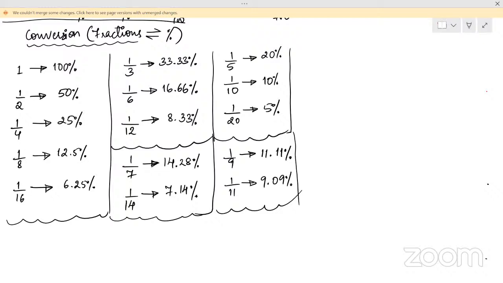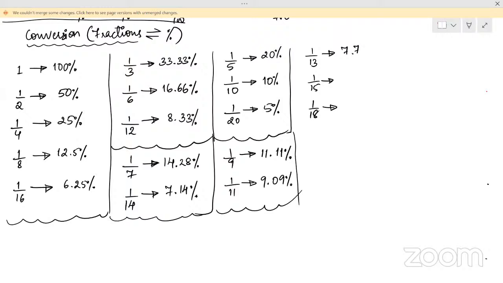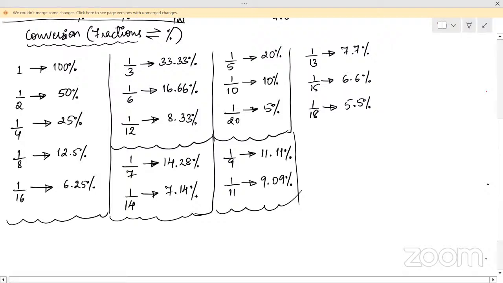Now we are left with a couple of numbers: 1 by 13, 1 by 15, 1 by 18. All right. 1 by 13 is 7.7 percent. 1 by 15 is 6.6. Now with this logic, the way it is going, tell me what should be 1 by 18? 5.5. That is correct. Now, if you are thinking, sir, 7.7, 6.6, 5.5 is easy to remember,